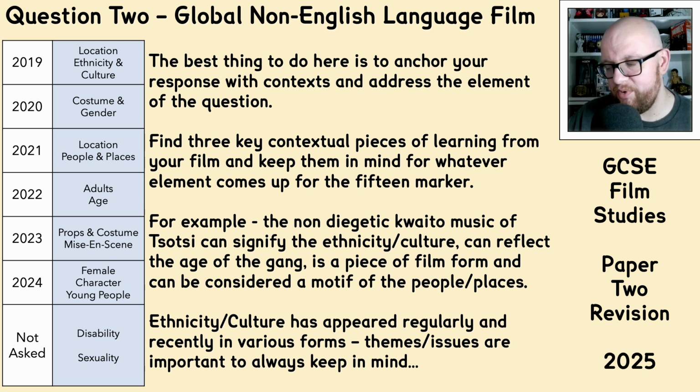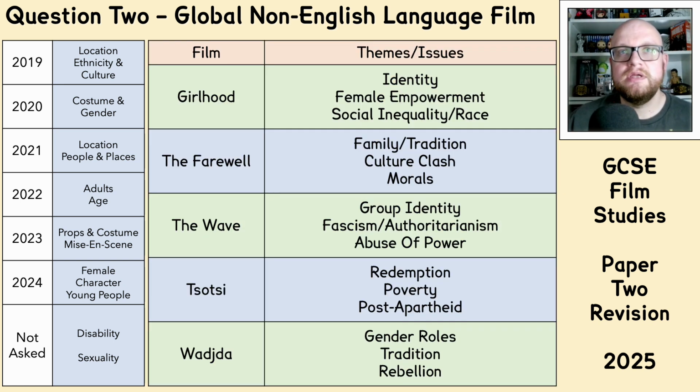Themes and issues are always important to keep in mind because themes and issues previously has been something that's thrown students of mine, where they'll get a question about themes and issues and they'll think, well, what does that really mean? So in the same way that I did for question one, I'm going to try and break this down for you film by film. So if you were to get a question on themes and issues, for Girlhood, it's things like identity, female empowerment, and the social inequality in race. Now, if, for example, that question comes up and it says, discuss a key theme or issue in your chosen film,